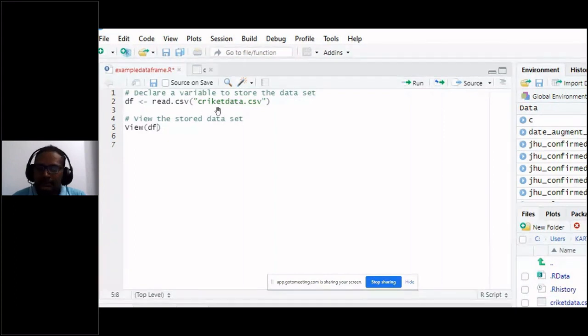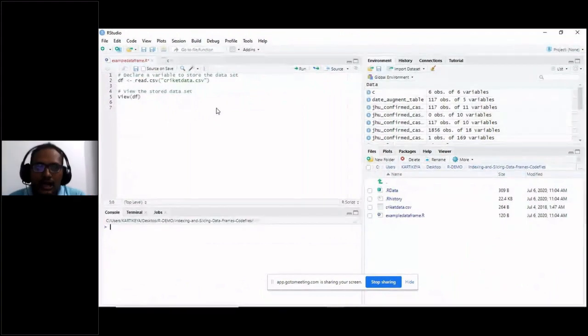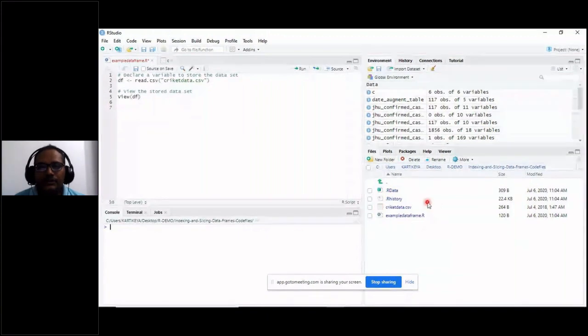Another precaution you have to take while importing data into your R environment is to make sure that your working directory is the one in which you have this particular file. Suppose cricketdata.csv is present in this particular working directory. Otherwise, it becomes difficult to read this particular file. So make sure that when you are reading a particular file, your working directory must be set to that particular folder.